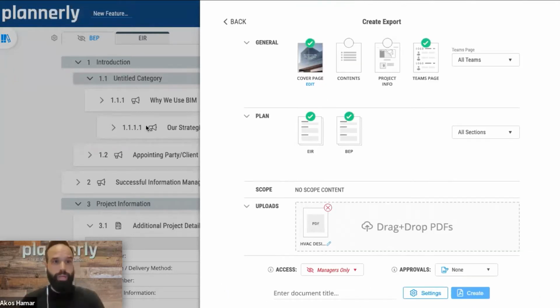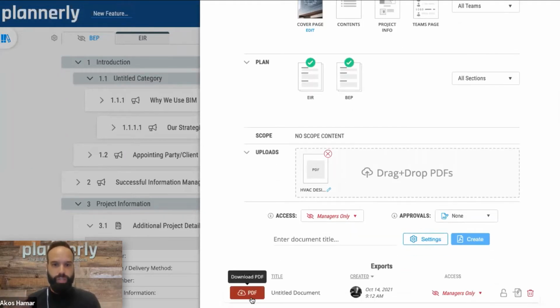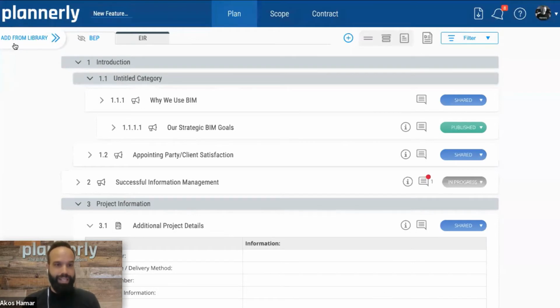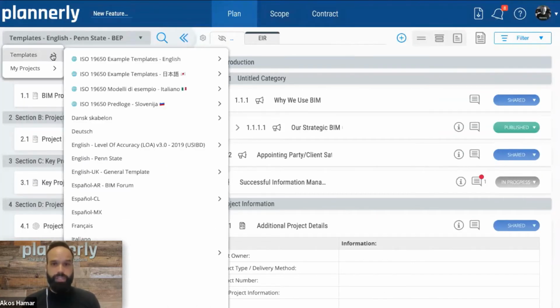And also, when we are talking about updates, we are not only talking about feature updates necessarily, but also the content is being developed at the same time. So now we started out from templates coming with the application. These were ISO 19650 templates in English, but we are working with volunteer teams all around the world, more than 200 teams, to release different language packages. As you can see, some of them have already made it into the application. I know that Romanian, Chinese, Vietnamese, Russian, Hungarian, so lots of other templates are coming.